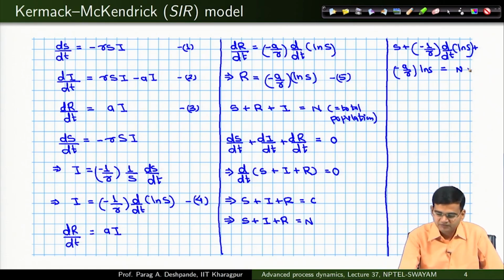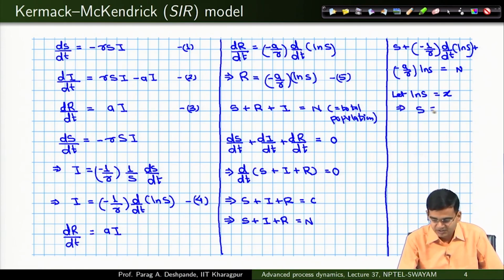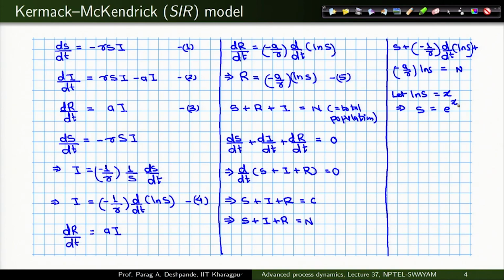Okay. So, if I assume ln S is equal to some variable x, so I can write S is equal to e to the power x, right. So, let me call this equation 7, this as equation 6. So, therefore, what I can do is I can use ln S is equal to x in equation number 7. So, I can write equation number 7 as e to the power x